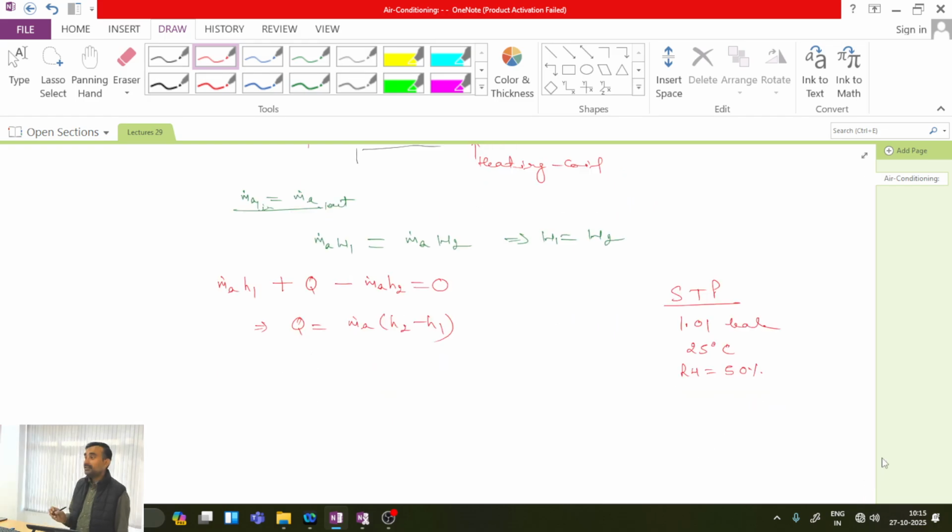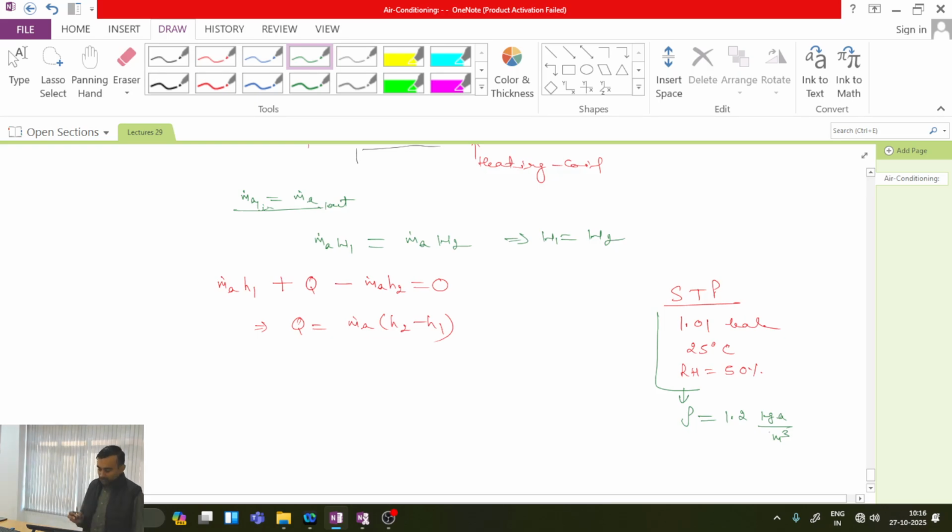We typically define the density of dry air at all these conditions as 1.2 kg of dry air per meter cube. Is this point clear? Now, whenever I write m dot A, I can write m dot A as 1.2 times the volumetric flow rate of the air,